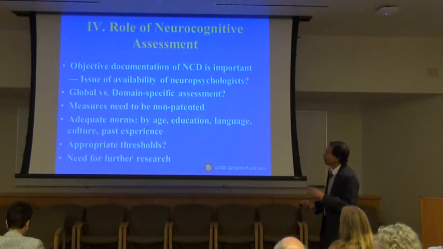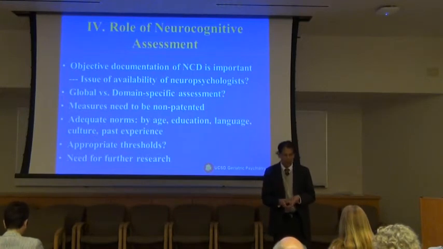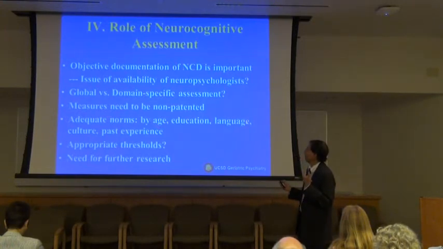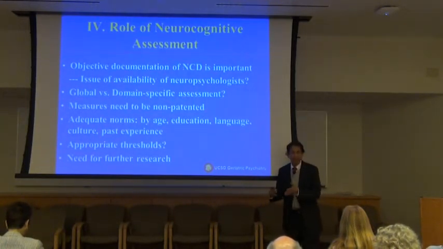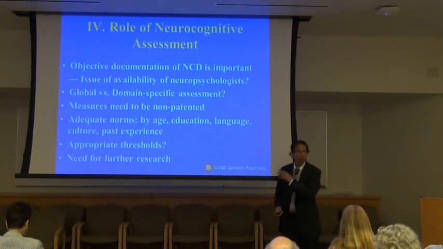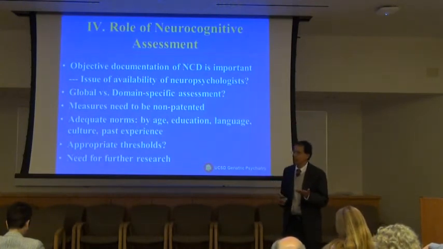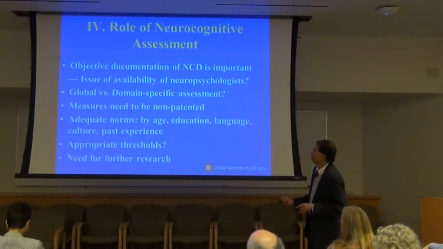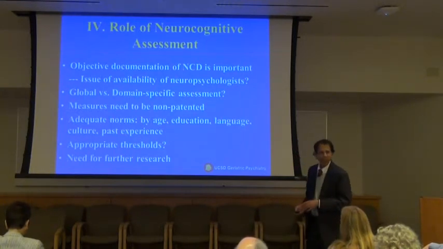Another problem is you have to have norms to use a cutoff. Now you can say, okay, you give it to 1,000 people and develop norms. No. You have to have norms by age, by education, by language fluency, by culture from which they come, and their past experience with that kind of testing. That's why there is a practice effect, because you do the test again and again. So we need to have all of those things available. I don't think there is any test that exists right now that meets these requirements. And what is the appropriate threshold? It is between 1 and 2 standard deviations, whatever it is. Clearly this is an area that needs further research. Okay.